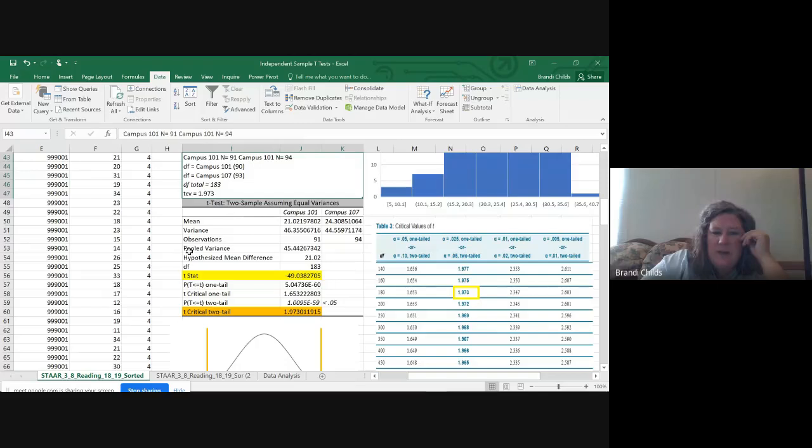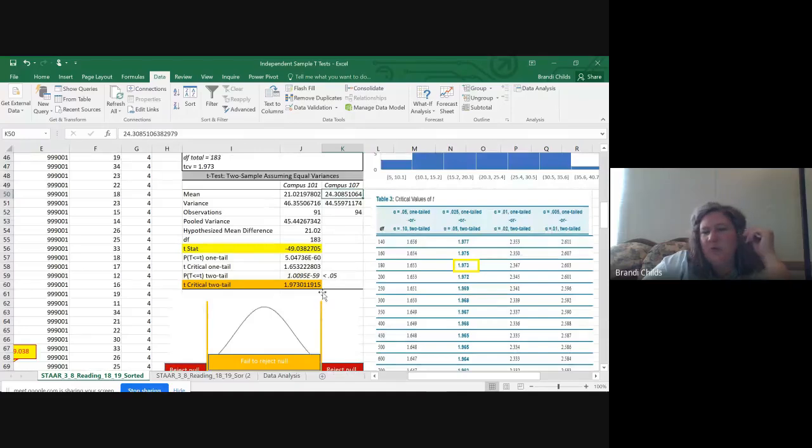When we get to the right here, the two-sample test, of course, we have the mean and stuff already, but it actually will do all this for you. You just simply use the data analysis and input that data once again. And it's very similar to the previous module. I worked on it yesterday after being sick, but it's very similar. The only difference is you have two tests. You truly have two